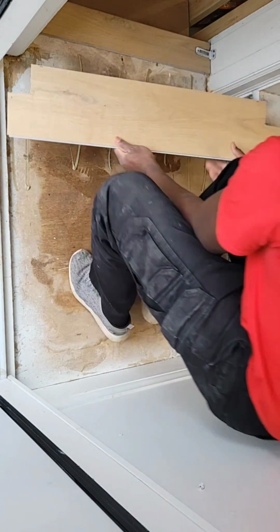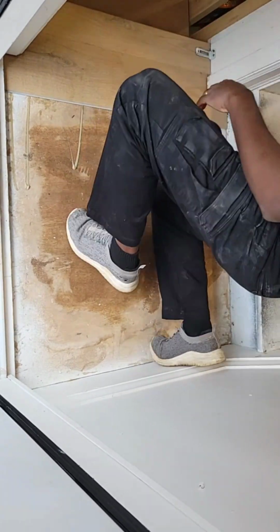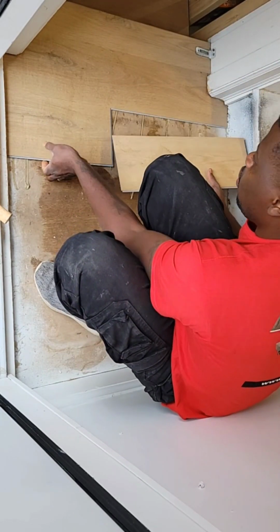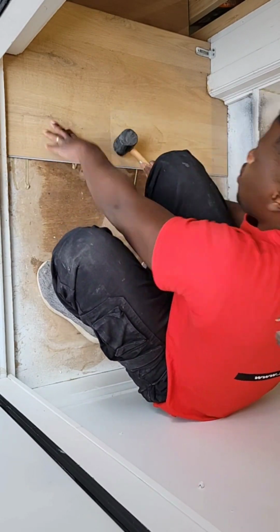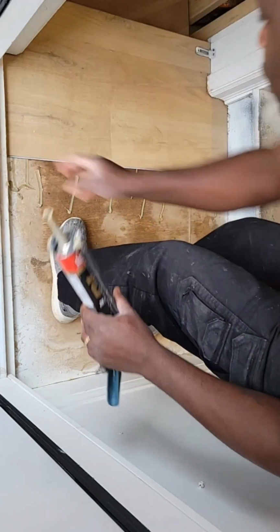All right, so we're obviously speeding this one up so that it's a bit quicker for you to see when we're doing this installation. Those of you that are curious, this took about 20 minutes to do the install, but that's because everything was pre-cut and ready to go. So we just got that adhesive down. You can put it on the back of the boards or you can put it on the floor underneath. This installer prefers to put it on the floor underneath just to keep things nice and easy